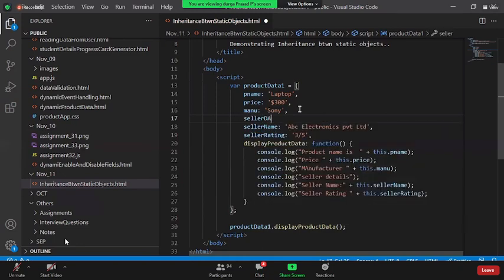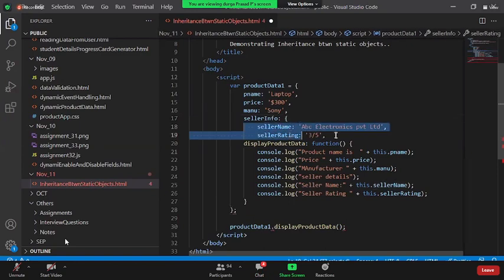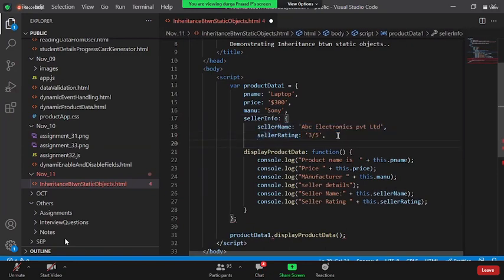Okay, I say something called seller data, or seller info. Okay, I make it as an object. We put this as a sub object for this, like this. Now, when I want to show the seller details, I say this dot seller info dot seller name, this dot seller info dot seller rating. Okay, this is what you're saying, right?